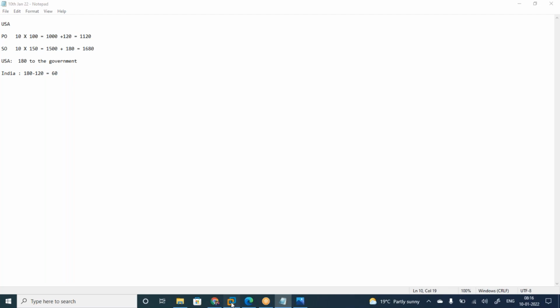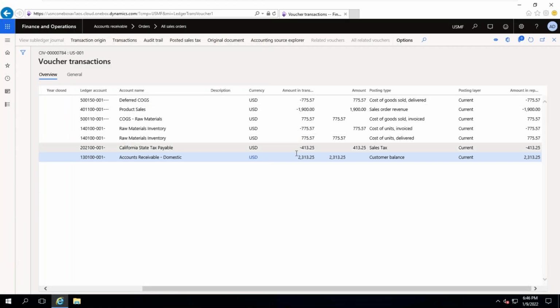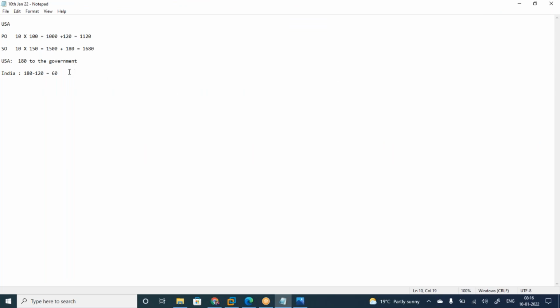Okay, so now tax is calculated for another. What are the sequence steps you need to map in the system? The first step is you need to create a vendor account. Vendor account means in the accounts payable module or procurement sourcing module, you need to create a vendor account. Second step is